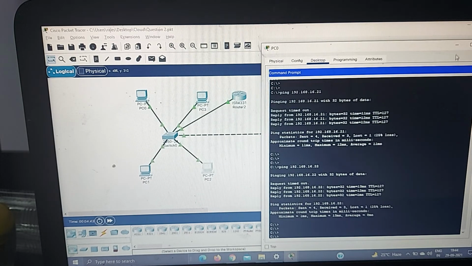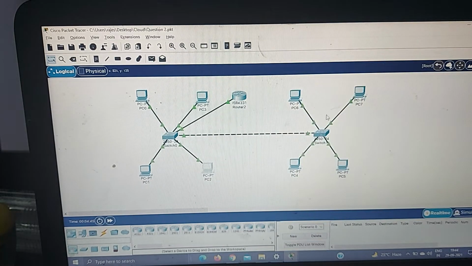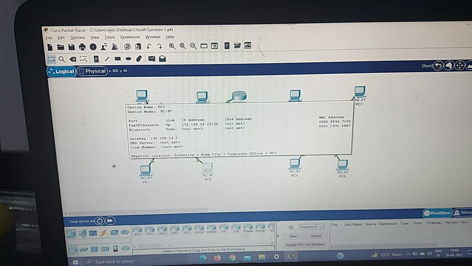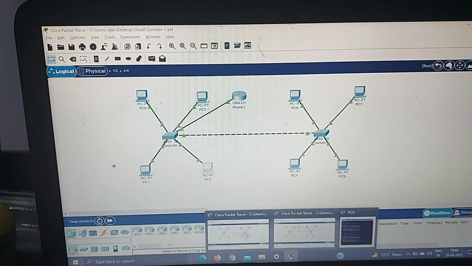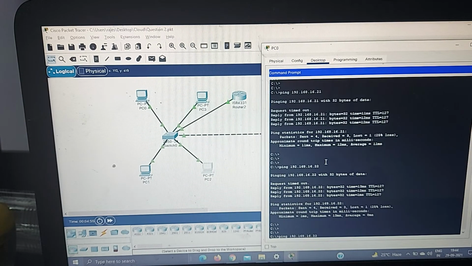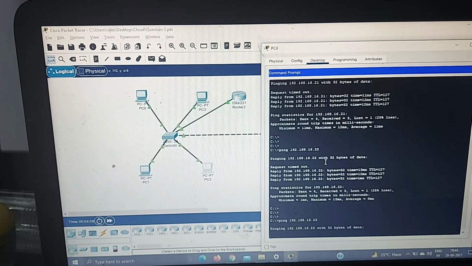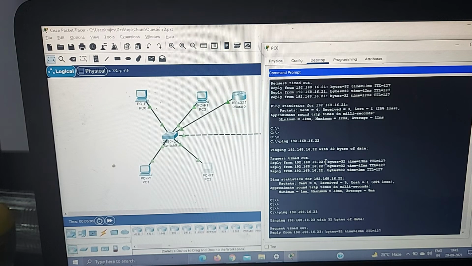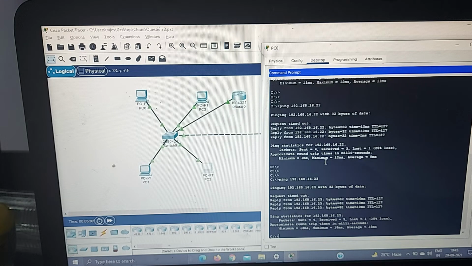If I try to reach VLAN 11 on another switch, with IP 16.23, and try to access that also, it is broadcasting right now. Now it got the MAC and it is able to ping.